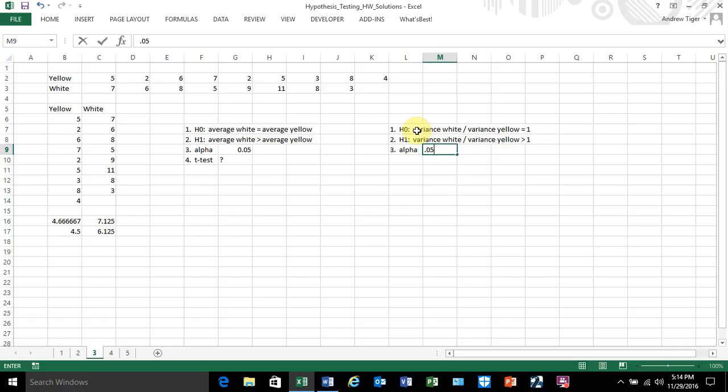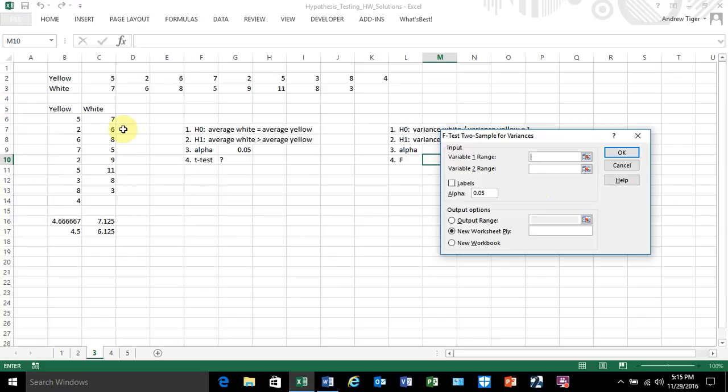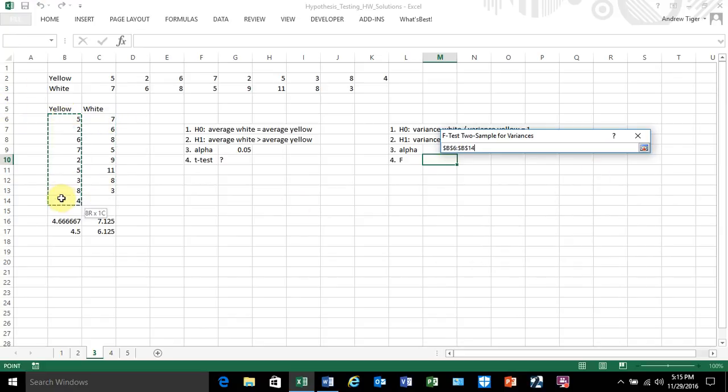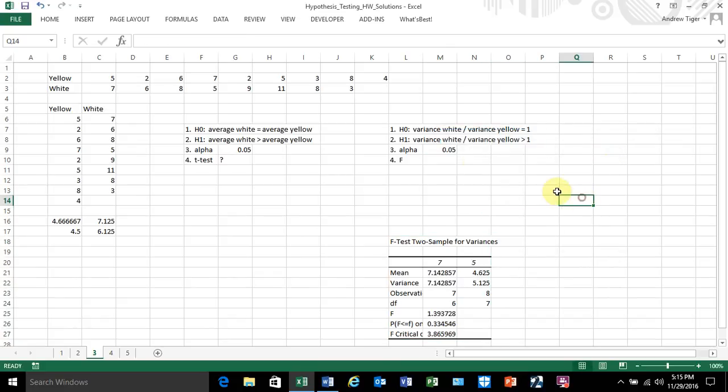Set alpha, let's do 0.05 again, and let's calculate an F-stat. Now I can go under data analysis and do my F-test, two sample variances. I'm going to grab the higher one first, and the second one, the smaller one, the white, in terms of variance. Labels, and I'm going to go ahead and put the data there. So my F-stat is this,